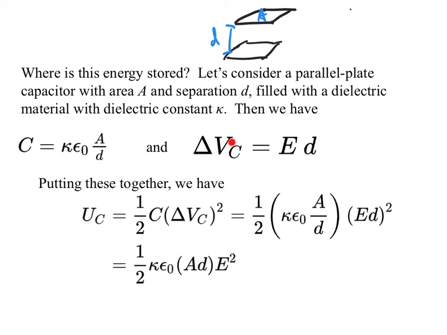You might also remember that we have delta V_C across the thing is equal to the electric field times the distance. Remember that the electric field is constant and depends only on the charges, and it's 0 outside the capacitor. Putting all of these things together, we end up at the energy in the capacitor is 1/2 C times delta V squared. So it's 1/2 times kappa epsilon naught A over D times E D squared. And we can render that as 1/2 kappa epsilon naught times A D times E squared, which doesn't seem like a lot, but is about to become